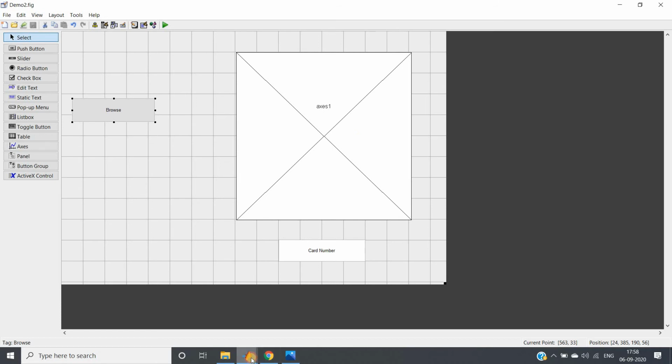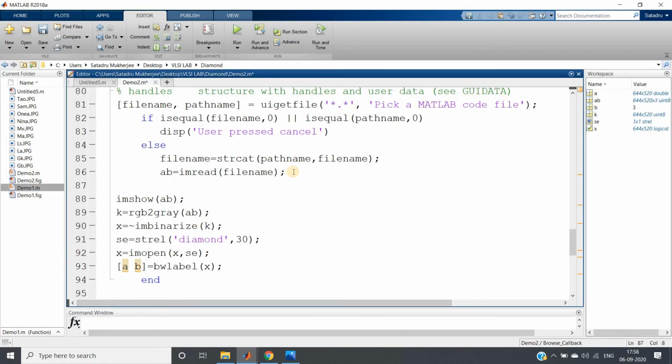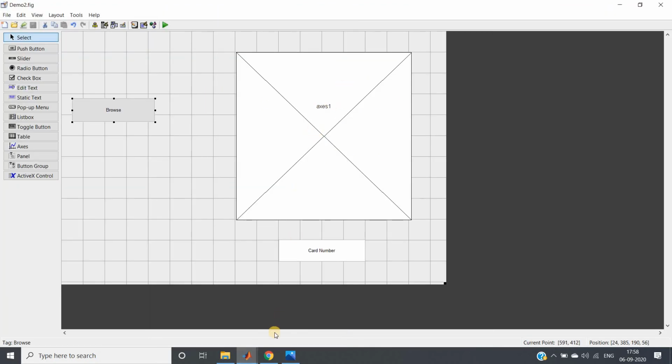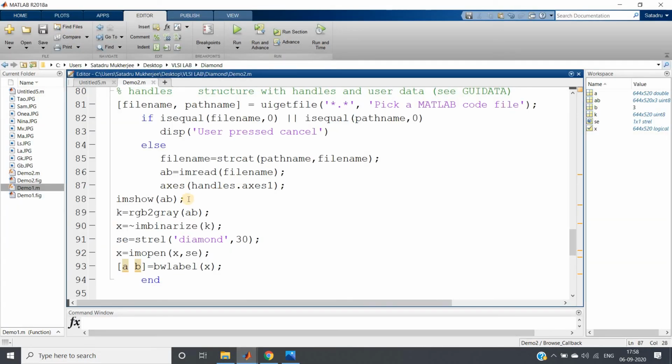Where do we need to show this image? We need to show this image in this axis, right? So before showing it here, we will write handles.axis1. Okay, so it will go to axis1. See here the name is axis1, right? Now this is showing, and this b value is basically our outcome which we have seen.